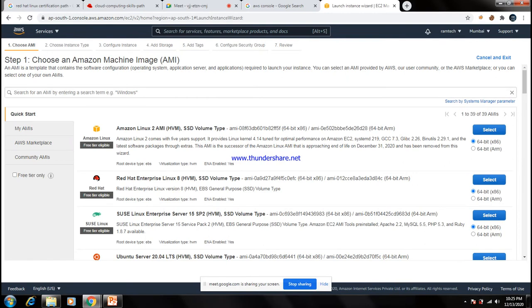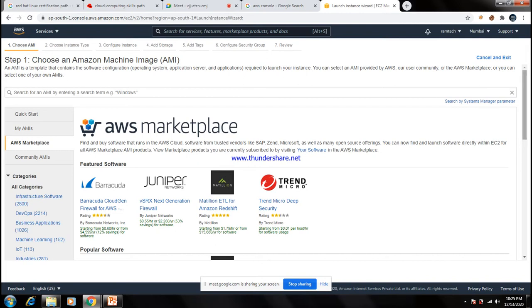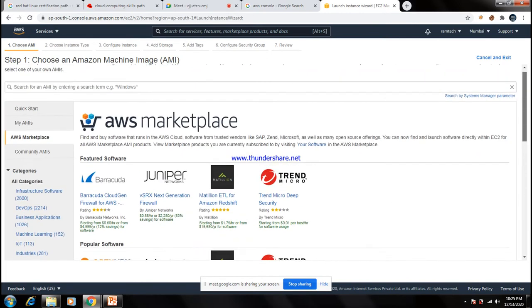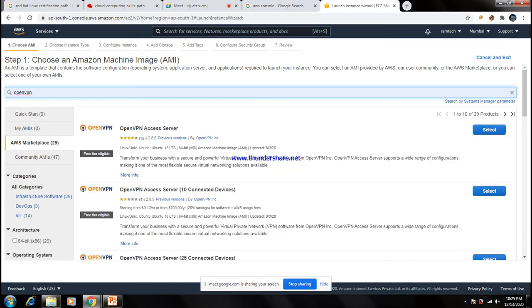Now the marketplace means the publicly available marketplace. Go to the marketplace, and you can purchase whatever you want. For example, if you want a software called OpenVPN, I can click here, and OpenVPN is available now.